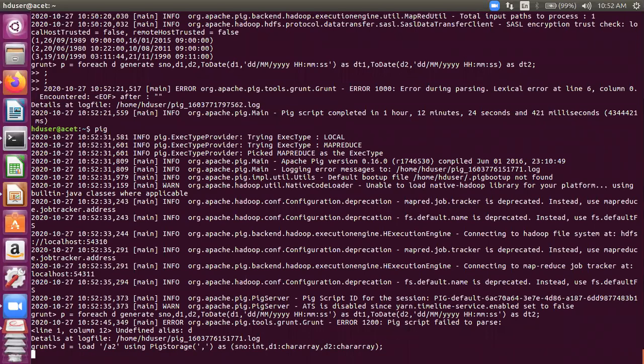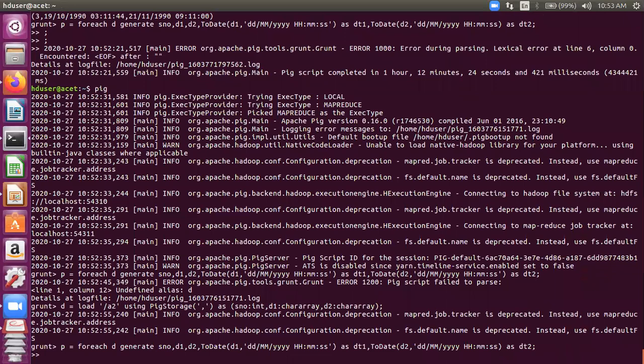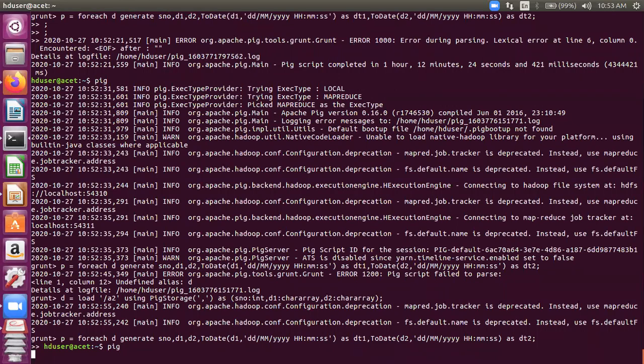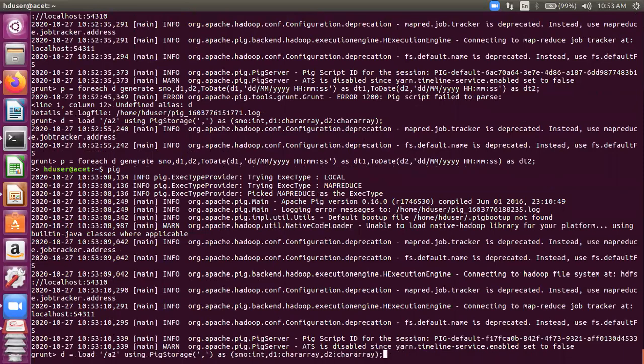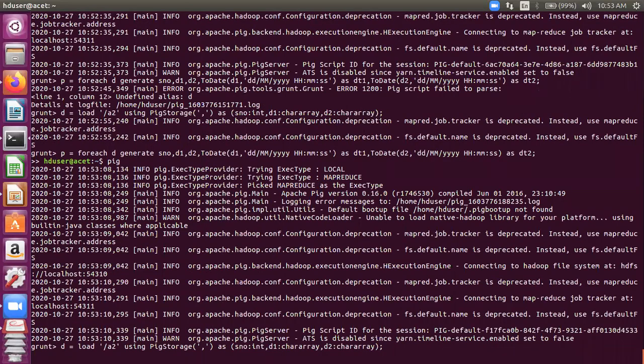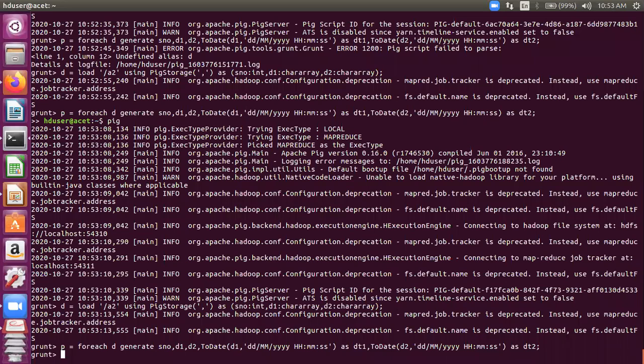Load this. Now D is active. Foreach D, yeah. Some problem again. All right. Problems do occur while you are doing work, you know. So let's load the relation D first and then load the correct query with the quotes closed. Yeah, this is the one. Yeah, now it's okay. Let's dump